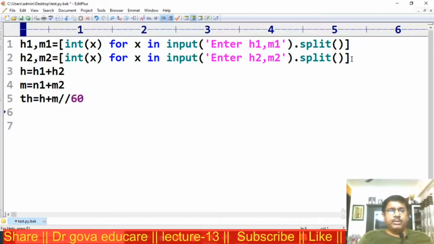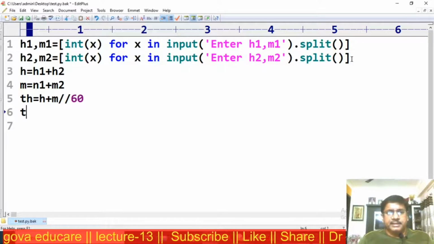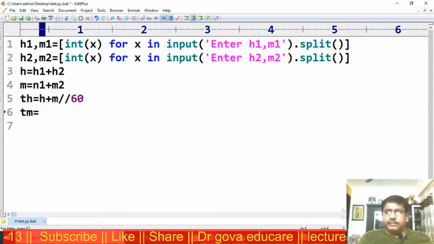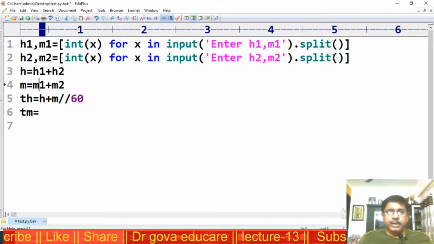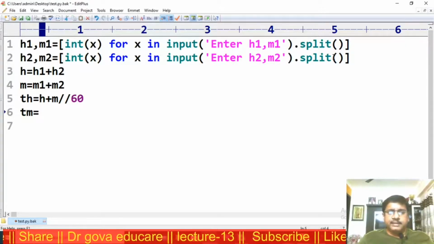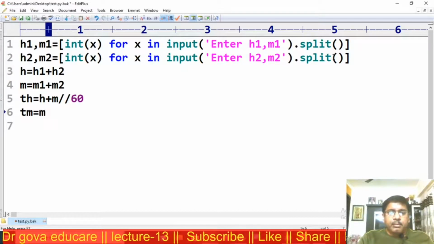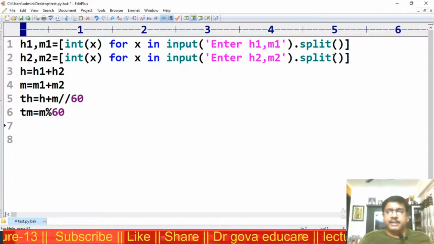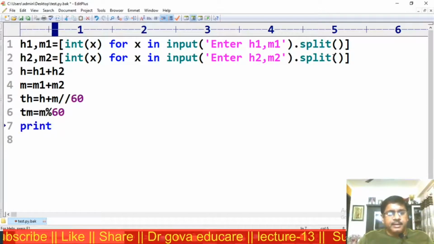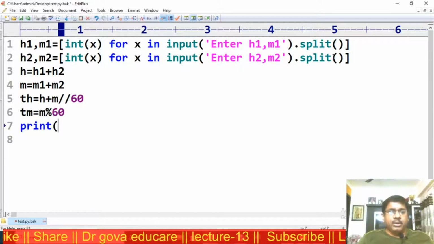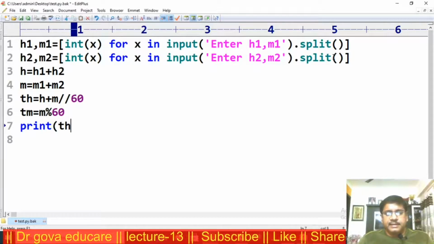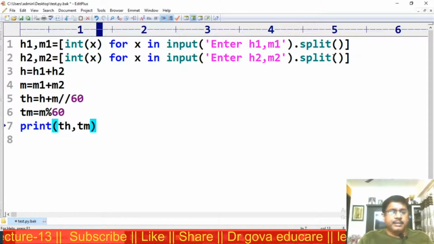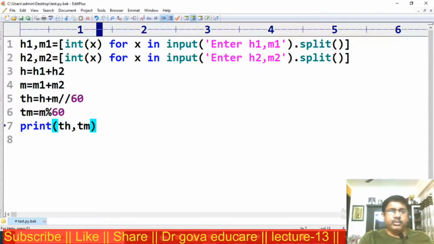Now I want total minutes, TM is equal to M modulo division with 60. I am printing total hours TH comma total minutes TM. This is the program. I am executing the program.